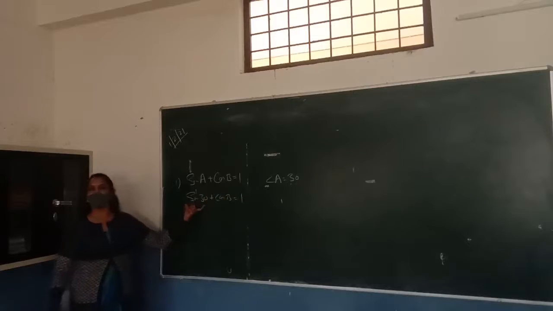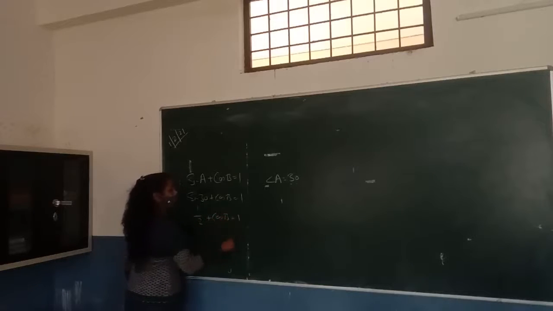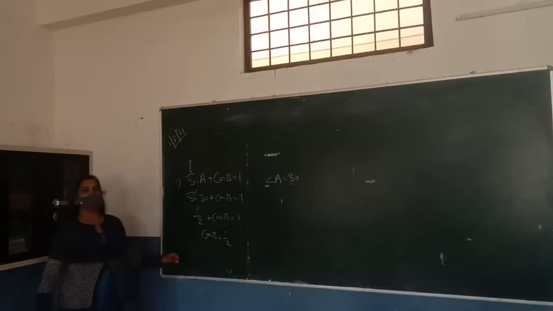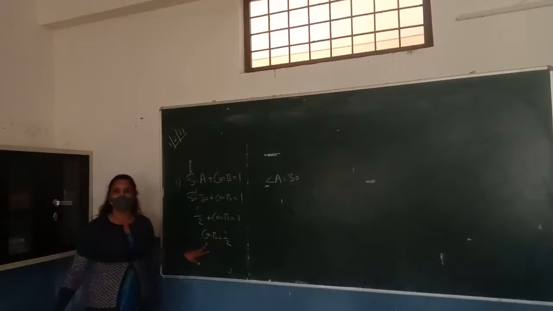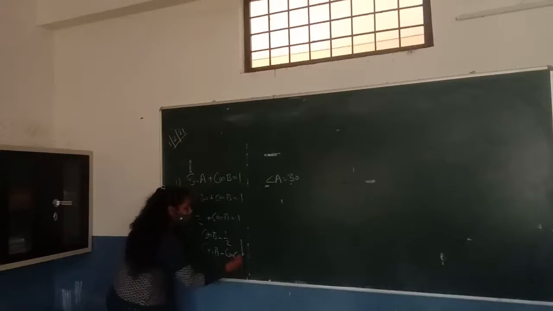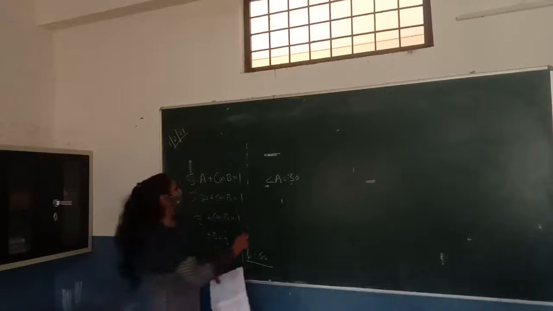What is the value of sin 30? How much? 1 upon 2. Yeah. 1 upon 2 plus cos B is equal to 1. Cos B is equal to 1 minus 1 upon 2, it will be 1 upon 2. Which angle has the value of 1 upon 2 in cos? Cos 60. Okay. So we can say cos B is equal to cos 60, then B will be equal to 60 degrees. Clear? Now the second question, if x is equal to